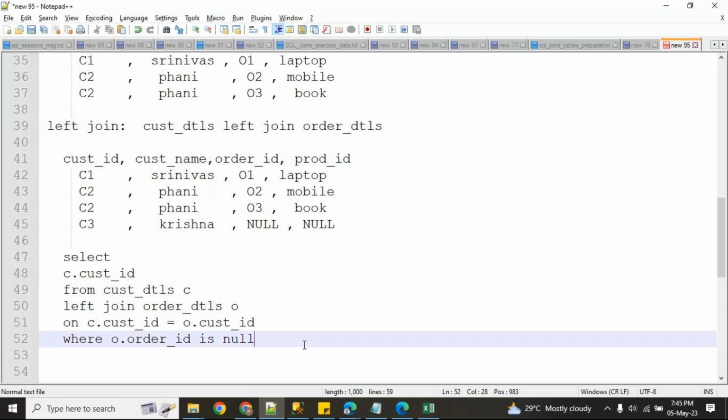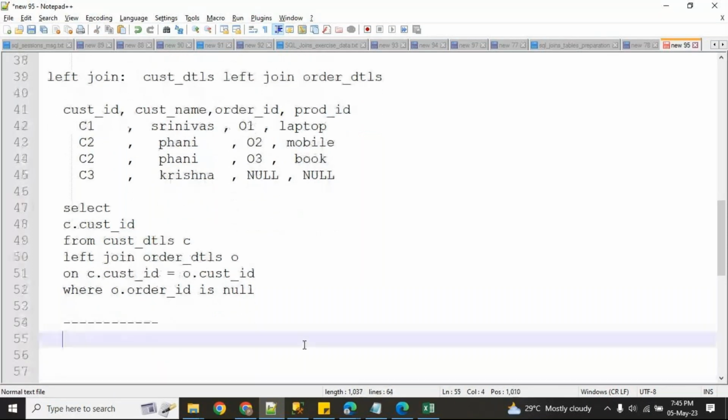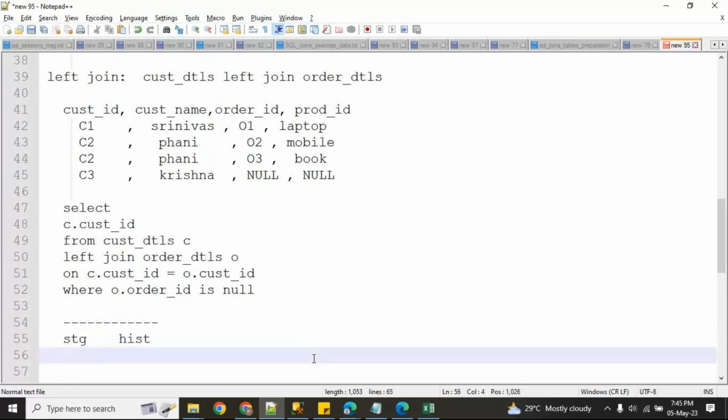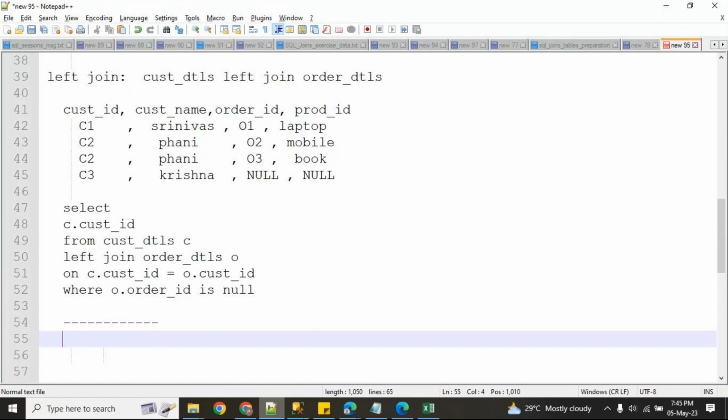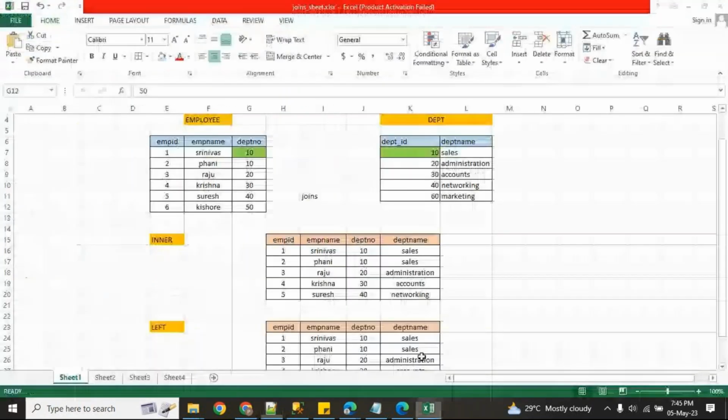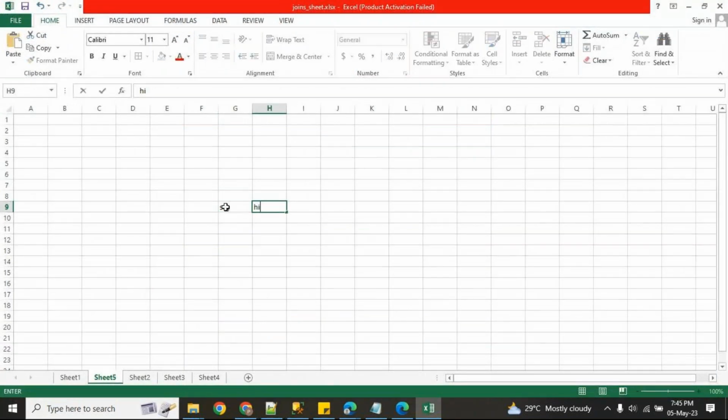Now consider I have two tables, a stage table and a history table. Let me write it in Excel. One table is the stage table, another table is the history table.